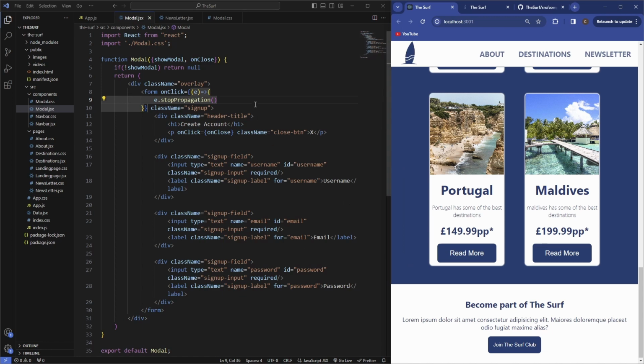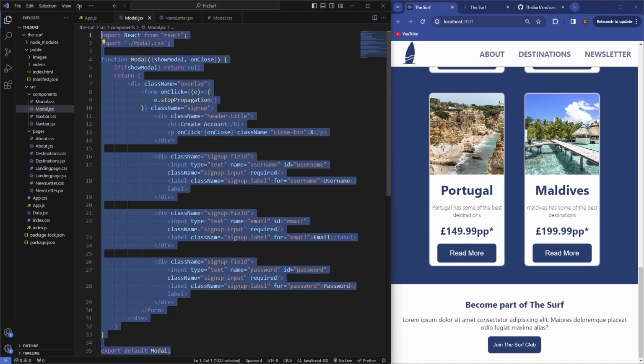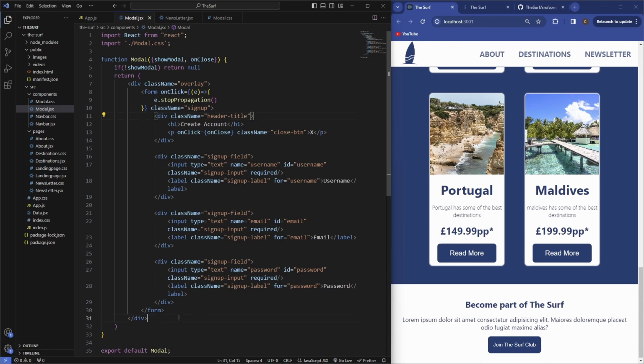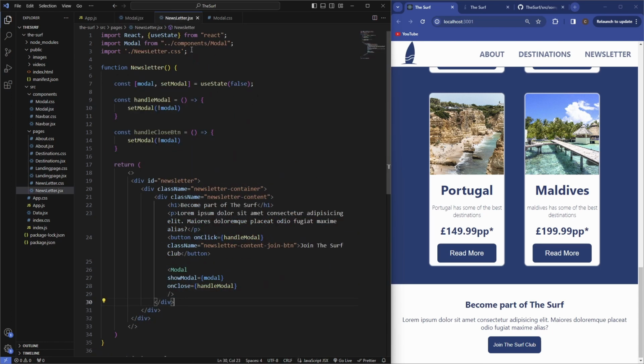So again, the way we've created this modal is first we've created a function component for the modal, given it all the JSX, and then inside of our newsletter function or section here, we've got our button, and then all we've really done is just use useState again. We've set a variable for the modal, initially set it to false so it doesn't display, given it two functions, so then we can toggle between closing the modal or showing it if it's true, which will display the modal. And we've also imported the modal component inside of this file, inserted it inside of our newsletter here,